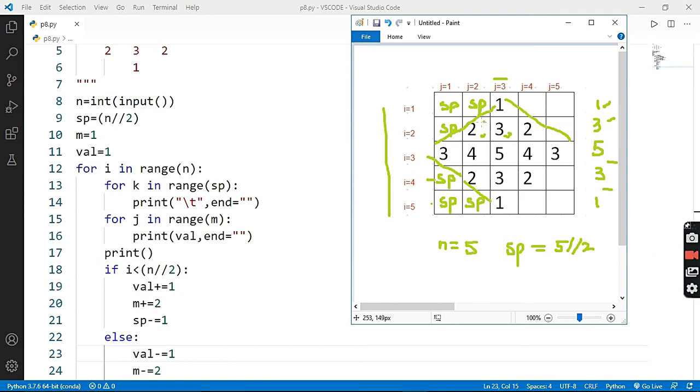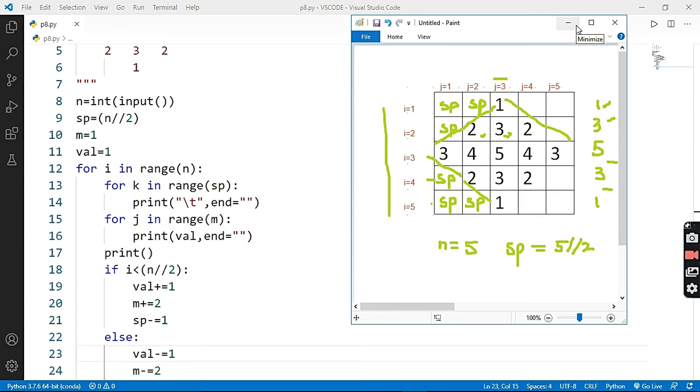Is it clear? As you can see here, the values are 2, 1, 2 and 3. And from 3 you can observe 3 to 4, 4 to 5, and the 5 is in the middle column. And after the middle column is reached, the value is getting decremented by 1. So this pattern is followed row wise and also column wise.